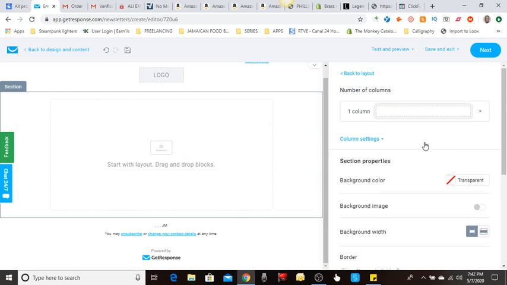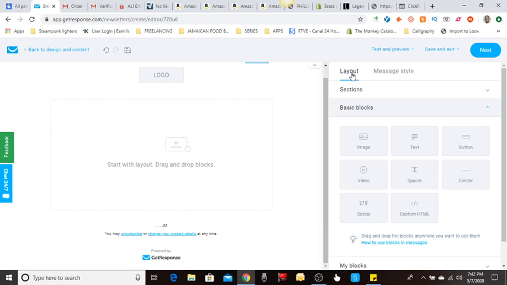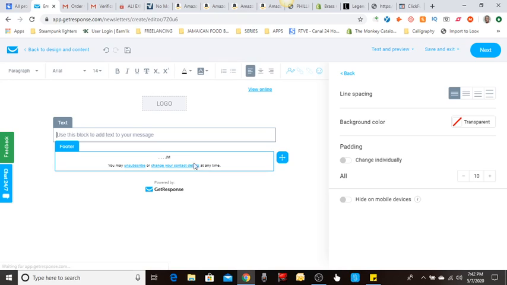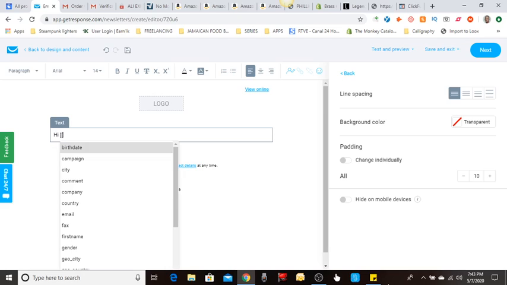Padding, column width, all of that stuff, right? You could do that. So let's include a text block. So in this block, we're going to say hi. And by the way, when you have subscribers to your list, if you were to put these brackets there, not those brackets, square brackets, and you enter first name,